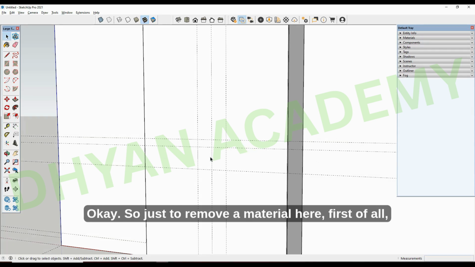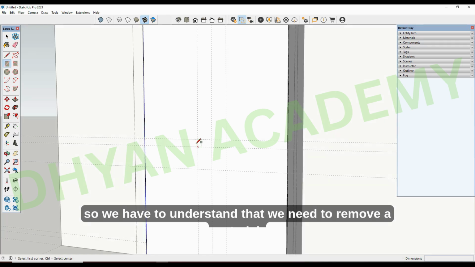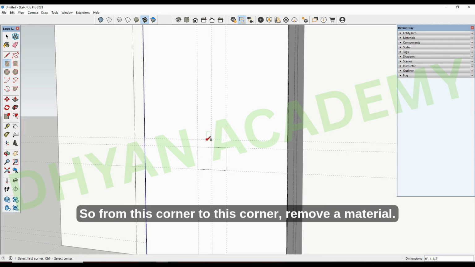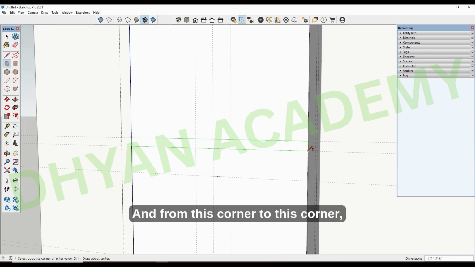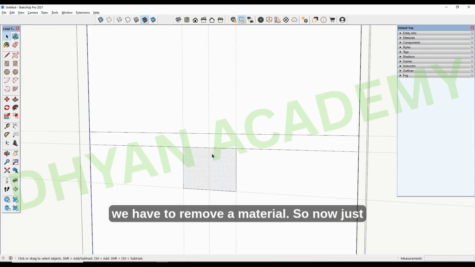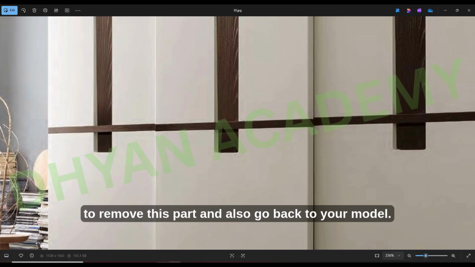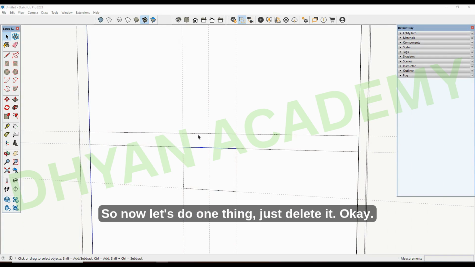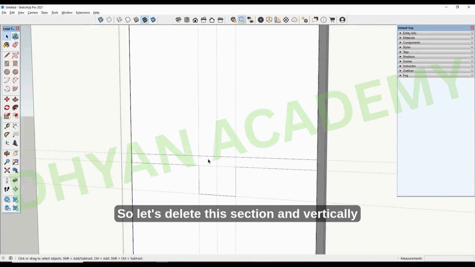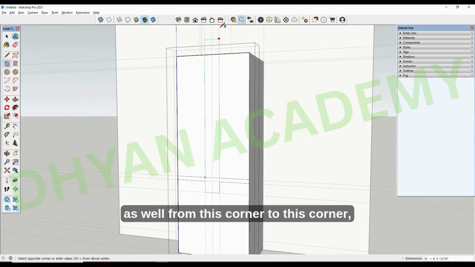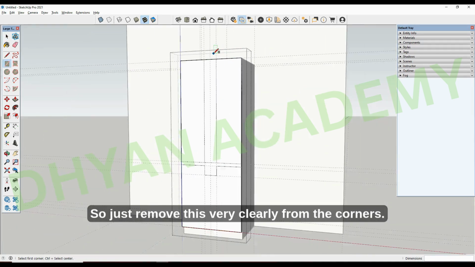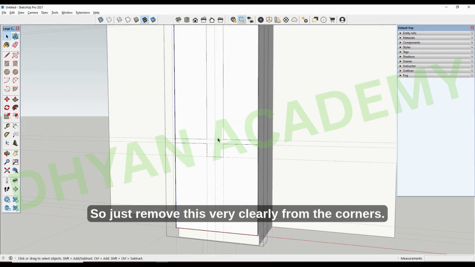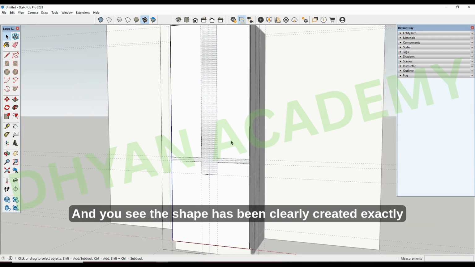Just to remove a material here, first of all we need to understand that we need to remove material. From this corner to this corner remove material, and from this corner to this corner we have to remove material. So go back to your model, and horizontally and vertically remove your material. Let's do one thing, just delete it. Let's delete this section, and vertically as well, from this corner to this corner we have to remove the material. Just remove this very clearly from the corners, and you see the shape has been clearly created